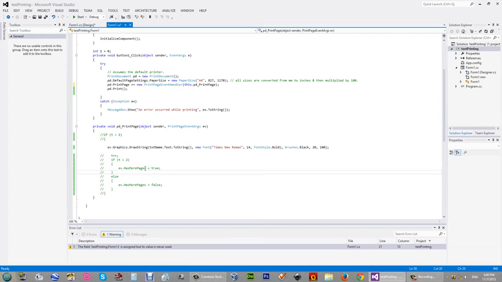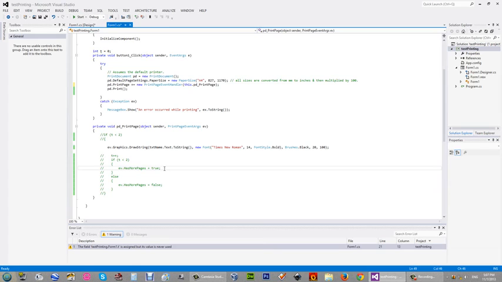So when we set that property to true, then this print document class knows that there are more pages to print, because this value is true. So if you didn't use these if conditions and you just use this, then when we draw the string and pass it to this print document, the print document class again looks for this property. If it is true, then again it is calling this same print method again and again.